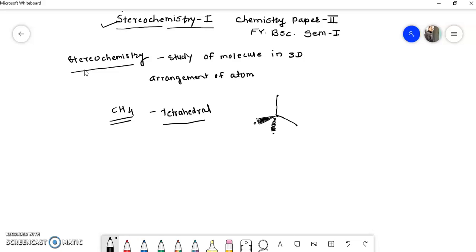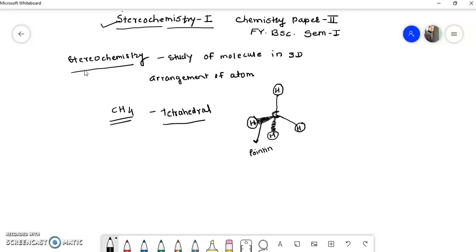Suppose this is one hydrogen atom, this is another hydrogen atom, and this is another. Now here this is carbon, remember. Now of these two hydrogens, this one is on the wedge line, this one is on the rear line, and these are on the same plane. The meaning of this is that this is